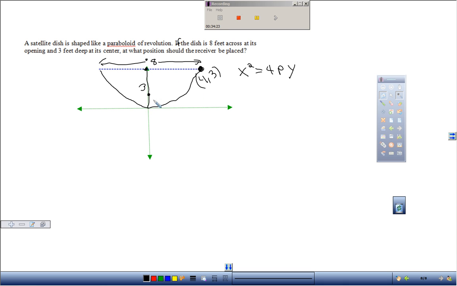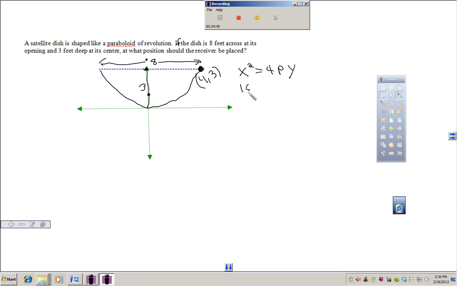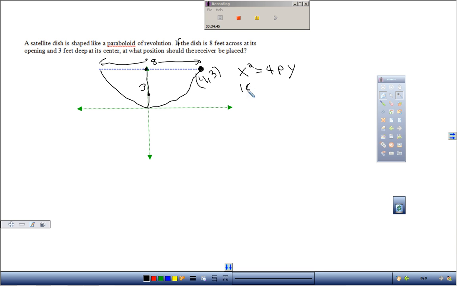And I plug in the vertex. That's going to give me 0 equals 0, so it's not going to help me. So plug in this point 4, 3. So I'm going to plug in 4 for x, which gives me 16. So this is 16 over here, okay, equals 4p, and y in this case is 3, so you get 16 equals 12p, and you get p